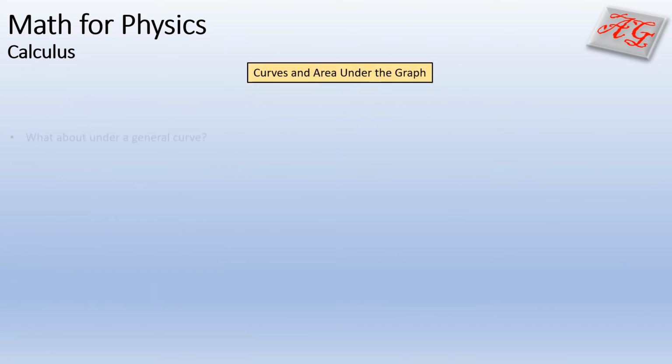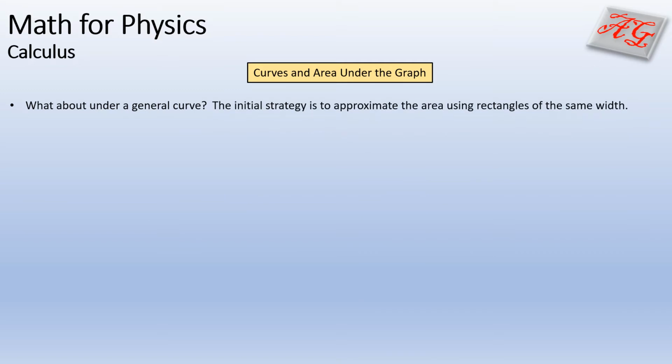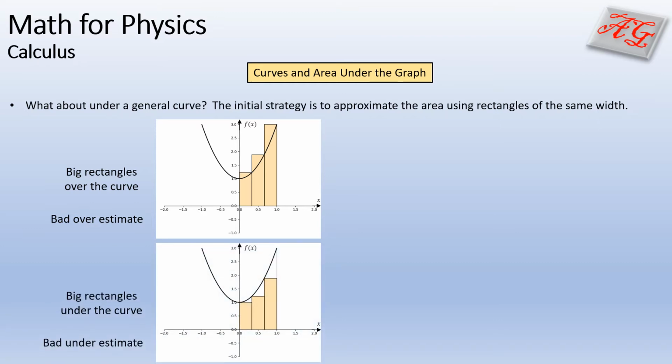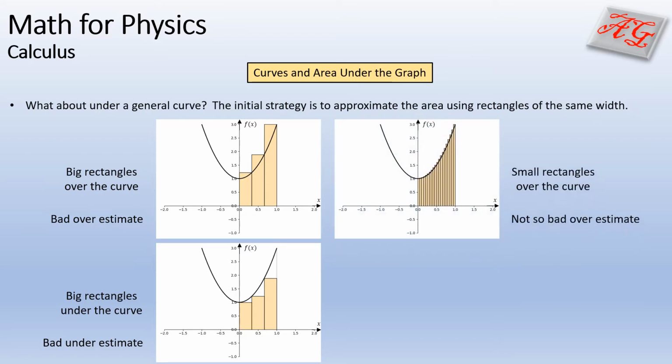Say that we want the area under the graph for a general curve. Of course, the first approach we can take is to approximate the area under the curve with rectangles. You can approximate the area with big rectangles that go over the curve, but this will give us a bad overestimate of the area. Or we can use the big rectangles that go under the curve, but this will give us a bad underestimate. Or you can approximate the area with small rectangles that go over the curve,